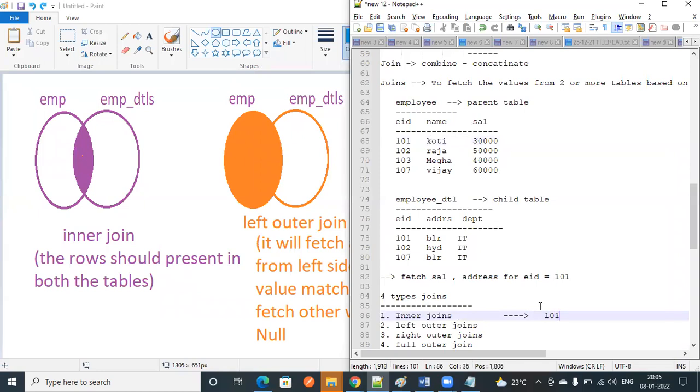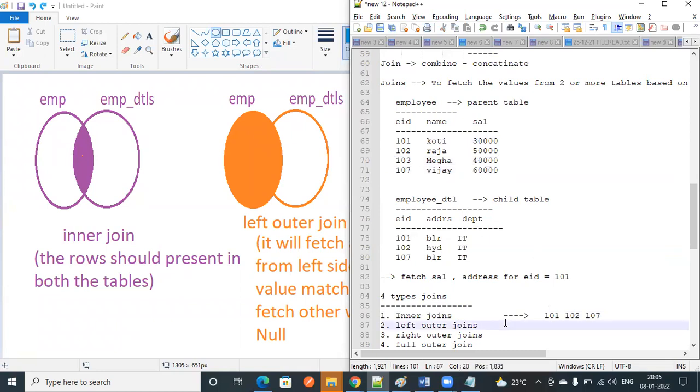Correct. Only these three rows are present in these two tables. 103 is not present.